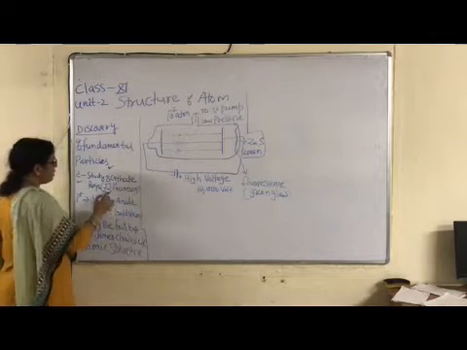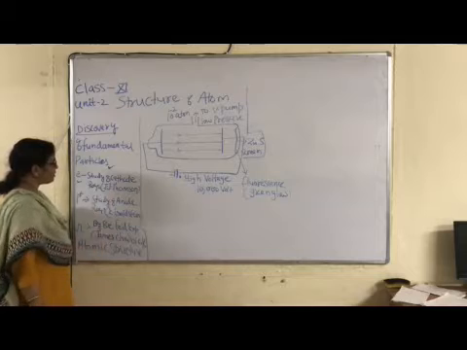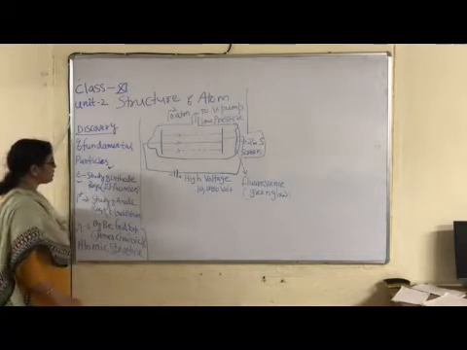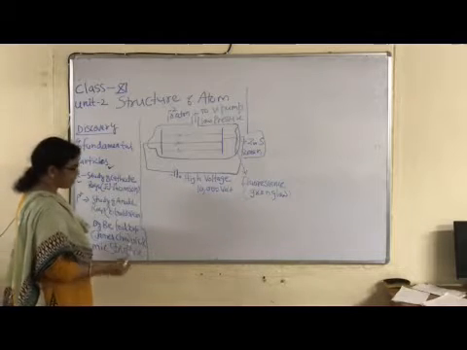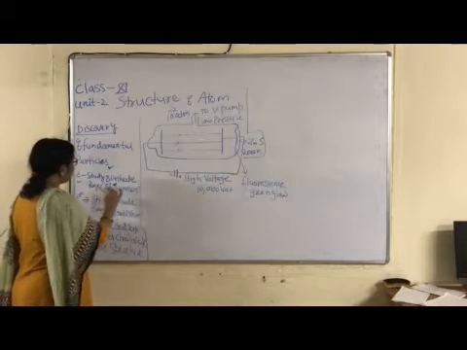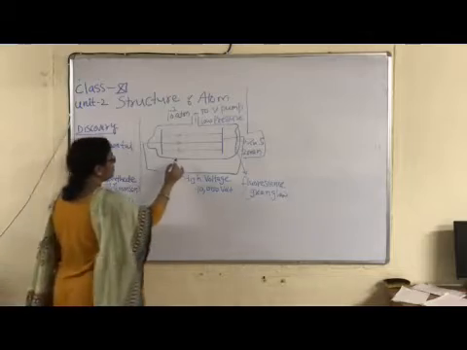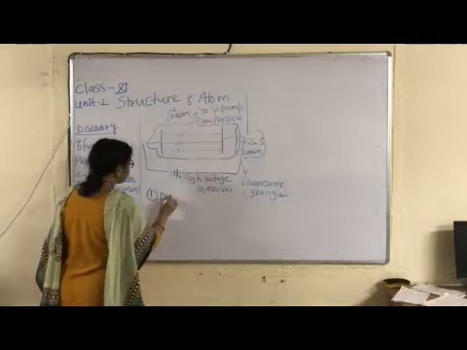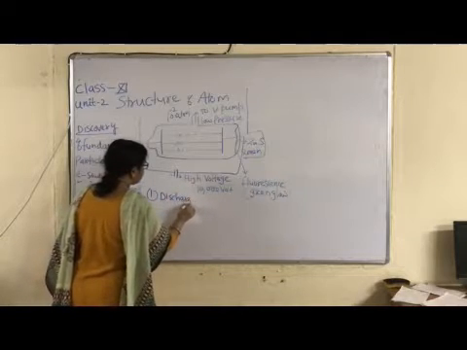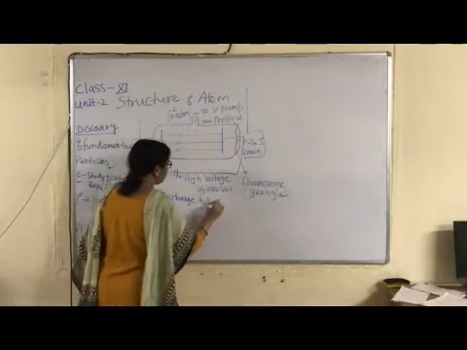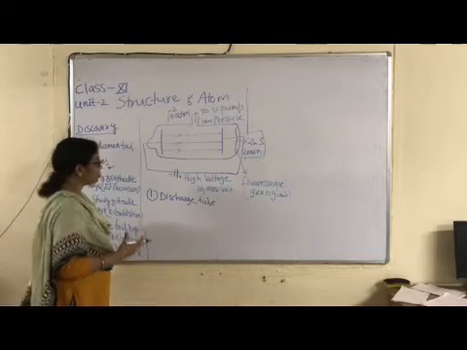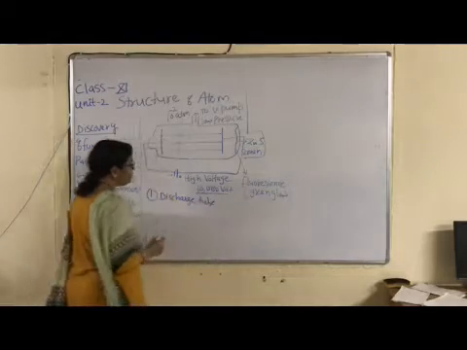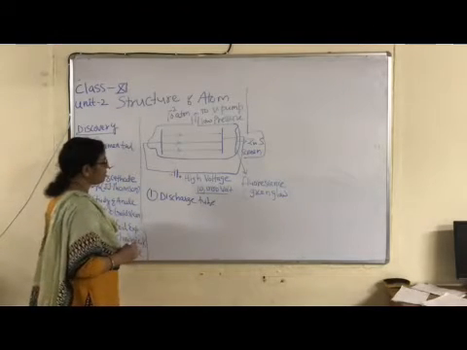And what is the cathode ray experiment? Who performed this experiment? J.J. Thomson. So this experiment is also known as the J.J. Thomson experiment. For the cathode ray experiment, what is required? First requirement is a discharge tube, where high potential is applied. And the value of the required potential is 10,000 volt.